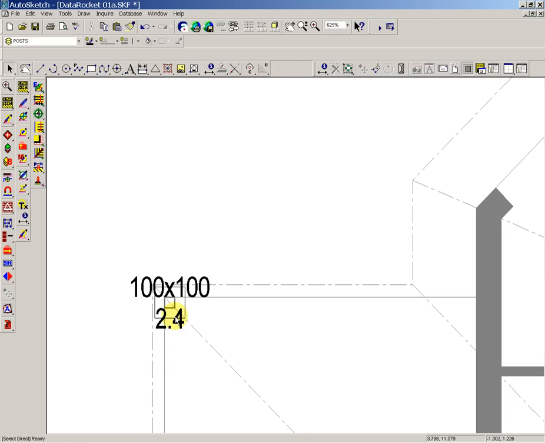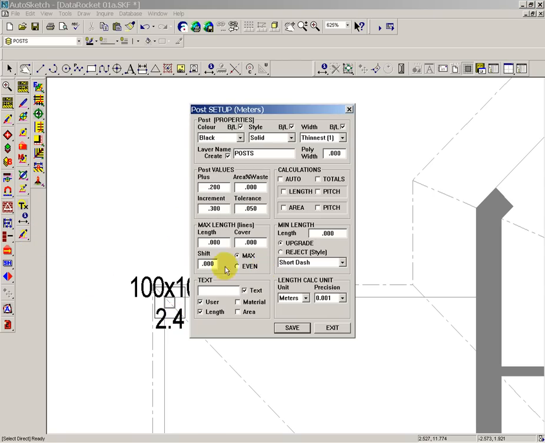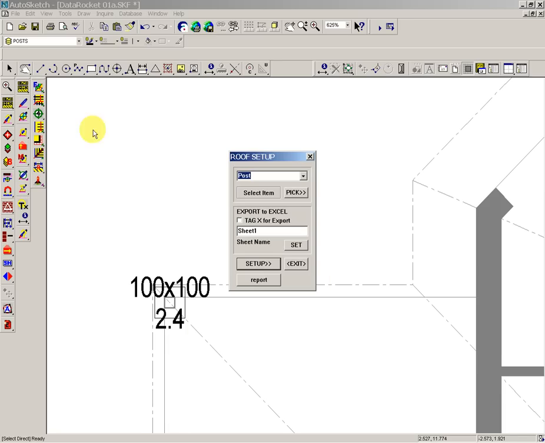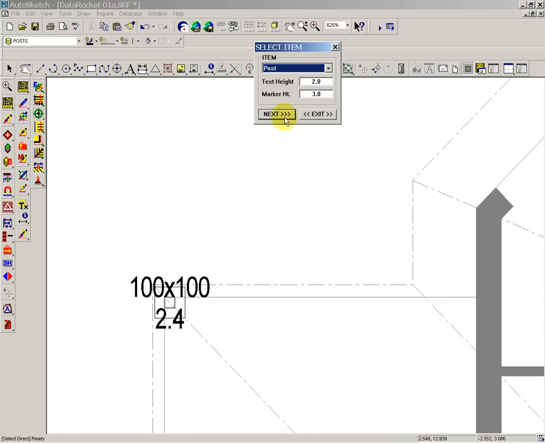It hasn't got the word post there, where before we had strut, which didn't have the size, it just had strut and 2.4. This is taken care of in your settings. I don't have the word post here, but I have the user ticked. If I take the user tick out, which is the same settings that we had for the strut, and type in post, save, and I do that again,